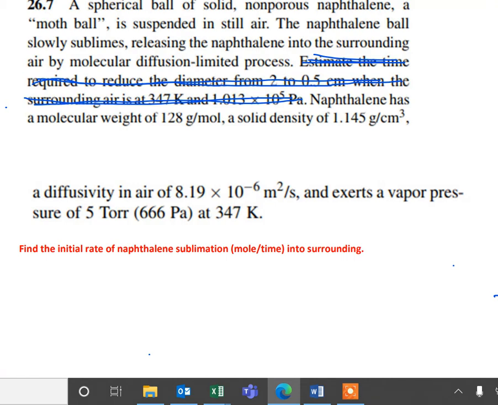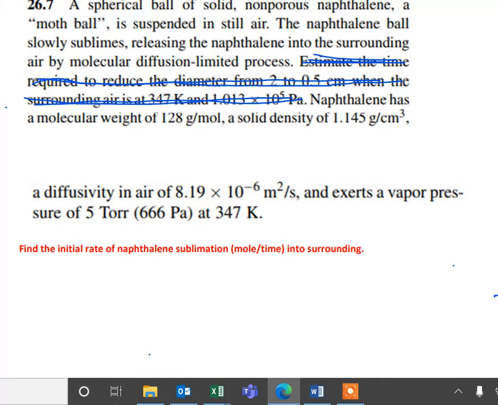I'm going to solve this problem. Okay, it's from book 26.7. A spherical ball of solid naphthalene is diffusing in air, still air. So air is not moving. Air is still. So you have